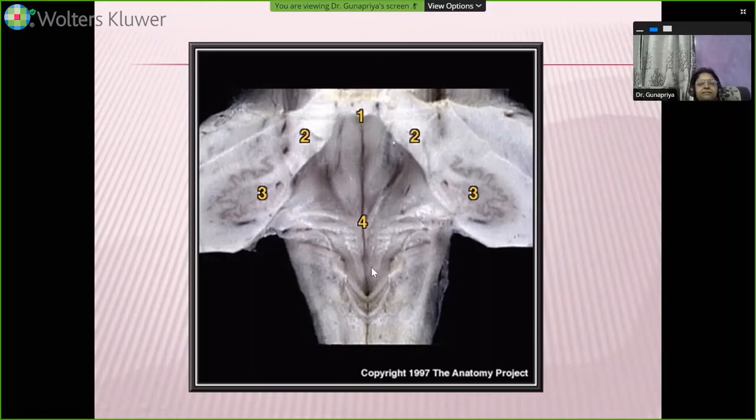Median sulcus, this is the medial eminence within which you can find the facial colliculus, you can make it out very well. Sulcus limitans, and that's a depressed area, your superior fovea, and this is the locus ceruleus, vestibular area. The same median sulcus here, hypoglossal triangle, and this is your vagal triangle. The vagal triangle, then you have the funiculus separatus here. This is area postrema. This is your tinea extending from one side to the other side. That's the tinea, and this is finally the obex. So this appearance now looks like the tip of a nib, hence the term calamus scriptorius.